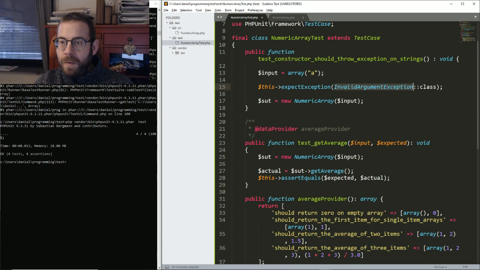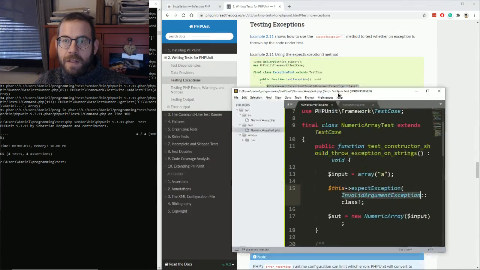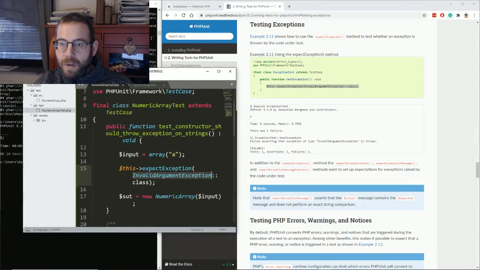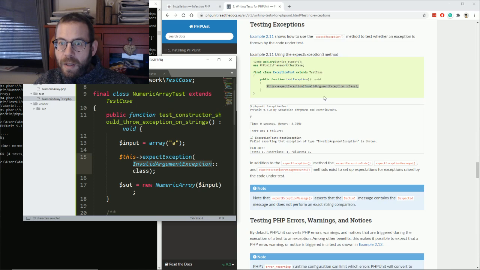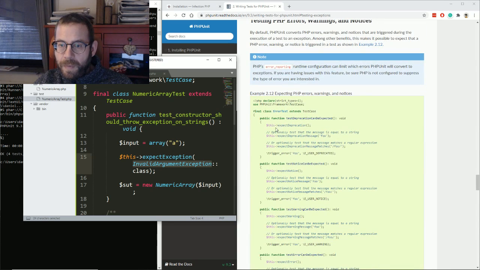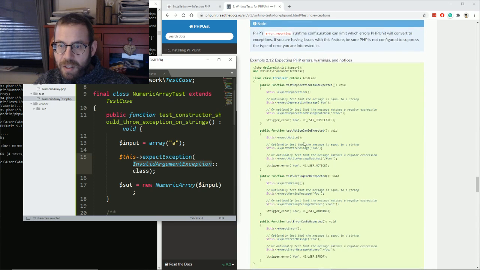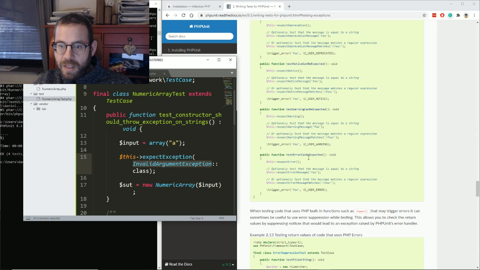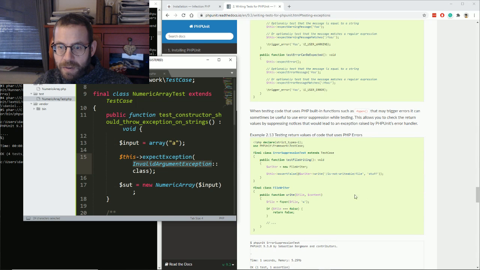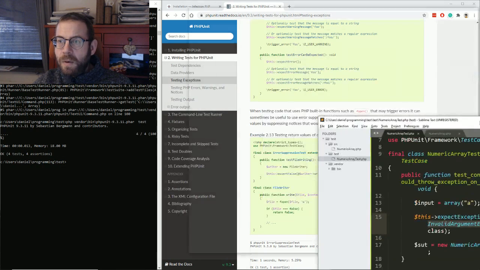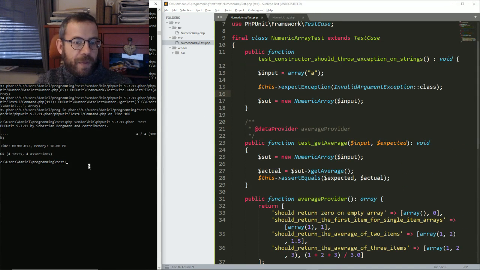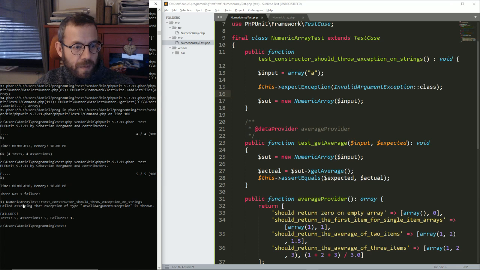So we've sent it an array. I think this needs to be called expect deprecation, expect notice, expect errors, assert false. I think it needs to be called before. Let's try this. So now we have a failure, should throw an exception on strings. Let's try